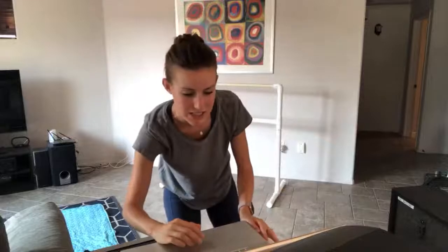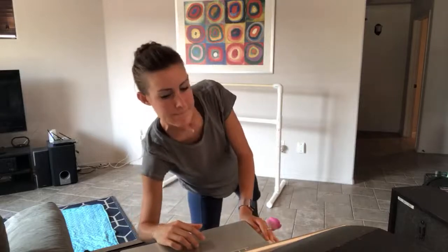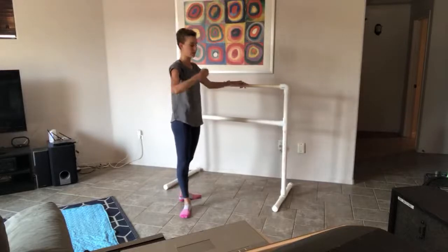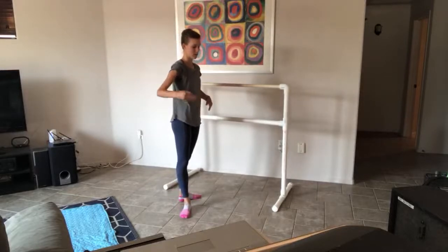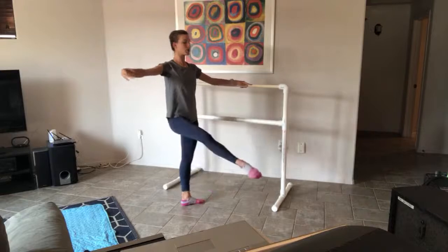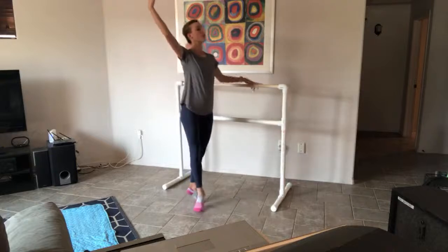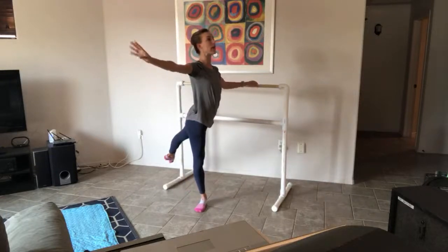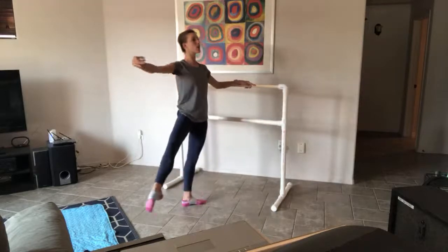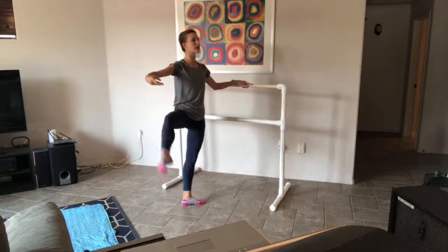All right, let's go on to a little fondue adagio action. So we'll have fondue, just a low leg. Let's use our arm, and then a little attitude lift, extend. Switch to inside leg, low leg, attitude, extend, outside leg, low, attitude lift, extend, rond de jambe, en l'air, single